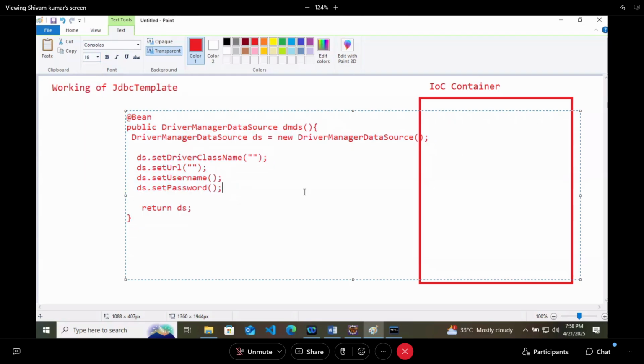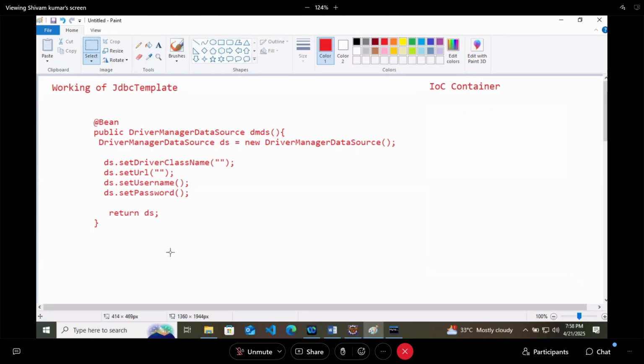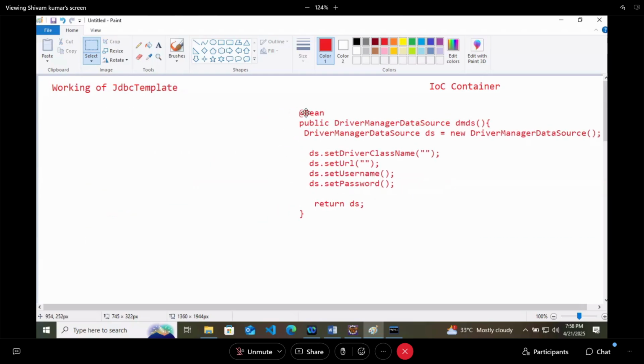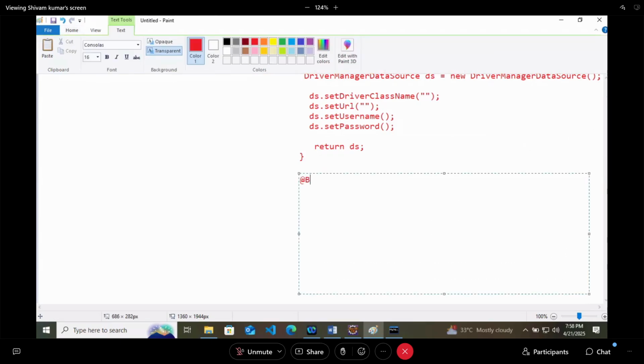Now, this is a kind of bean that we have created, and this part is available in our IOC container. Our container is having one more bean, right? And that one bean is for JDBC template.